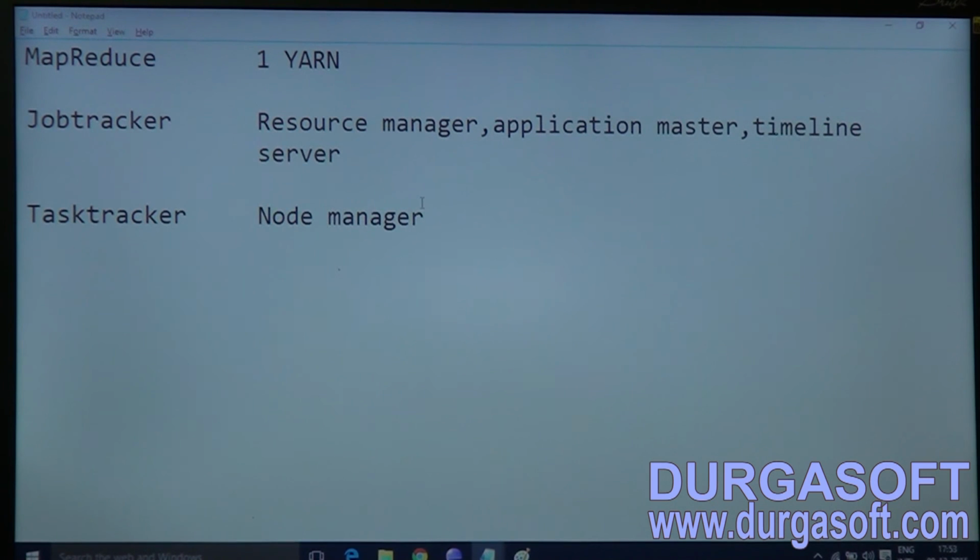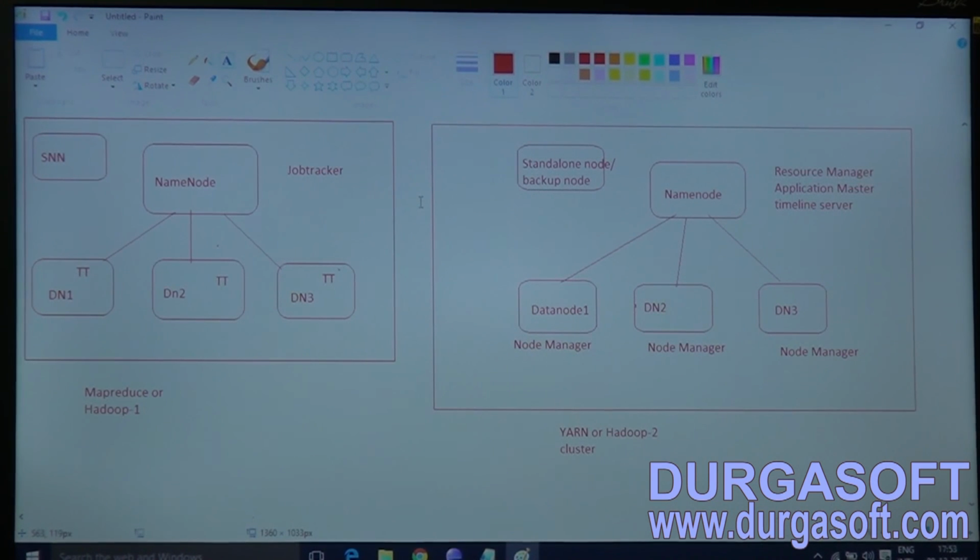So YARN is a simple concept, a cluster-wise, configuration-wise change. Whatever ecosystem we have with Hadoop can process as it is. There are no changes required for those ecosystems. So that's about